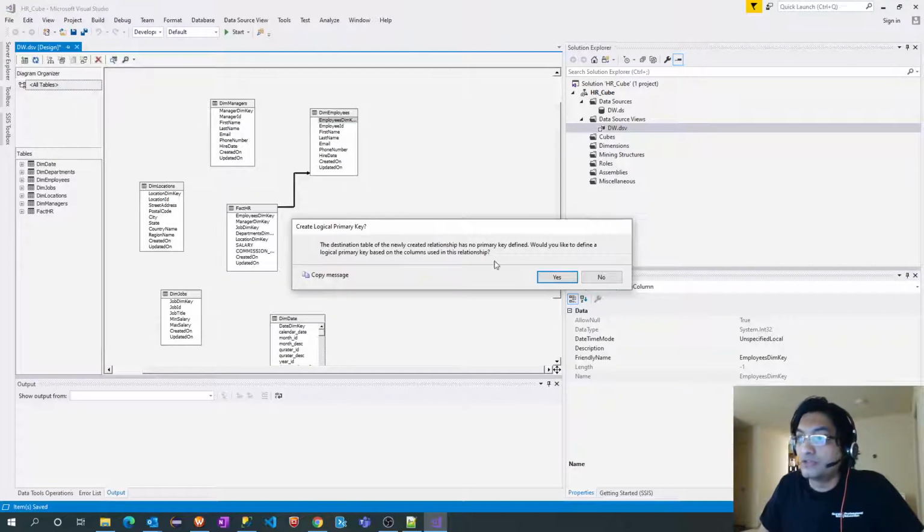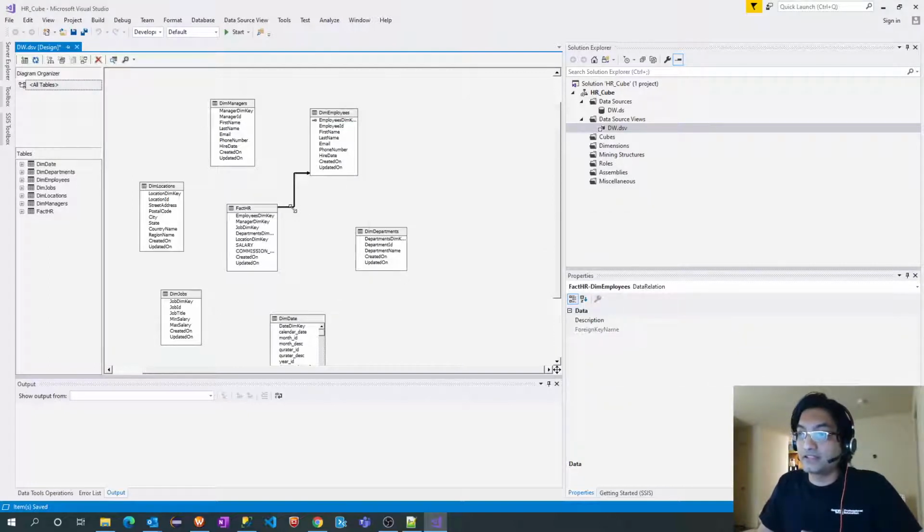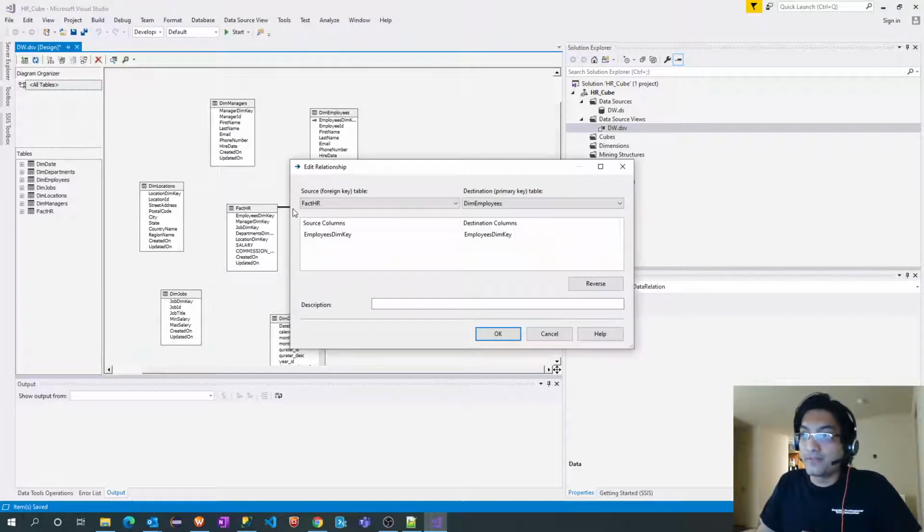Now you can check that this relationship has to be one to many. So just confirm that. The employees dimension key in the dim employees table is a primary key, which is correct. If it is not correct, just click on reverse. But as of now, whatever we have chosen is correct. And the employees dimension key in the fact table is a foreign key, so there can be multiple employee dimension keys in the fact table.